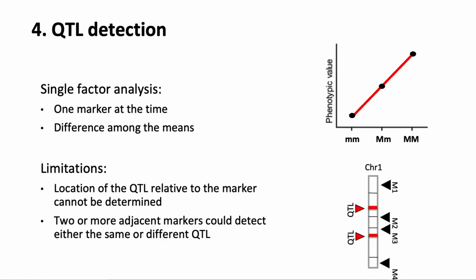And another limitation is that in this example we have two QTLs, and now we have an association with two markers that have association with these two QTLs, but we don't know if those markers are associated with independent QTLs. That in this case they're associated with two different QTLs, or another possible